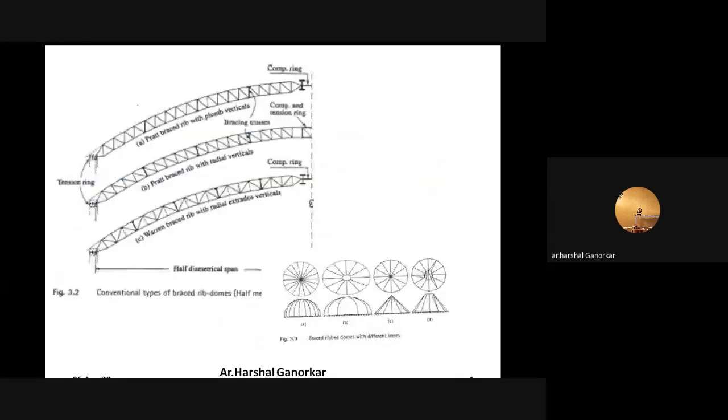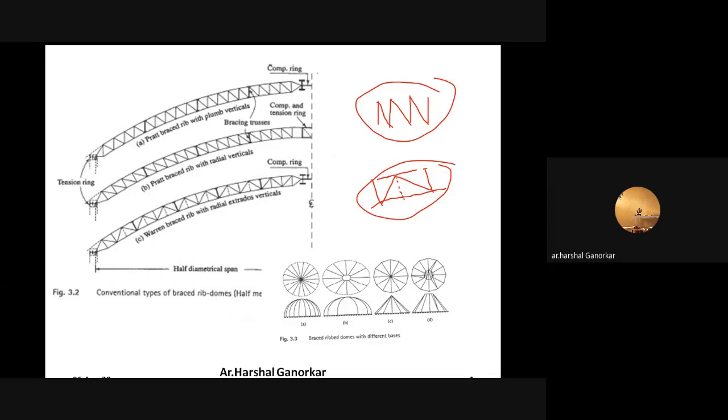Now see what this is. As I told you, the Pratt type is an N shape truss. So here you find this N shape, repetition of N shape is there, and in one type you would find K type. So it is a K truss. K formation is there, and sometimes the middle bracings are also added to this, and end bracings are also added to this. So this is the basic difference between Warren type and Pratt type.